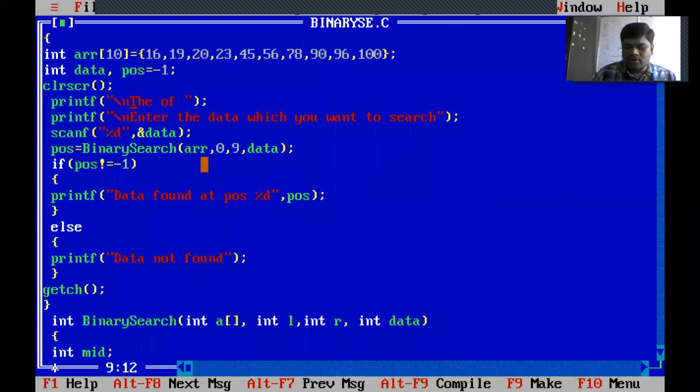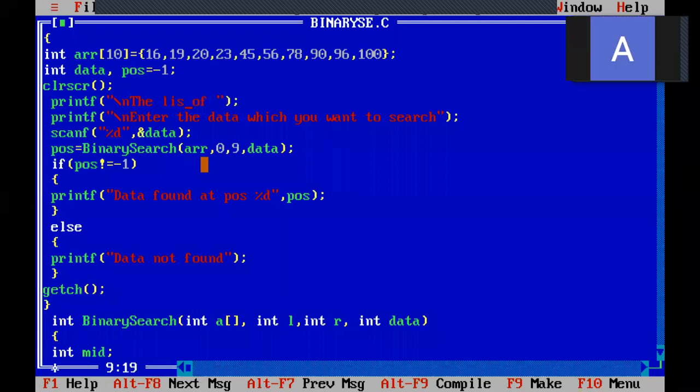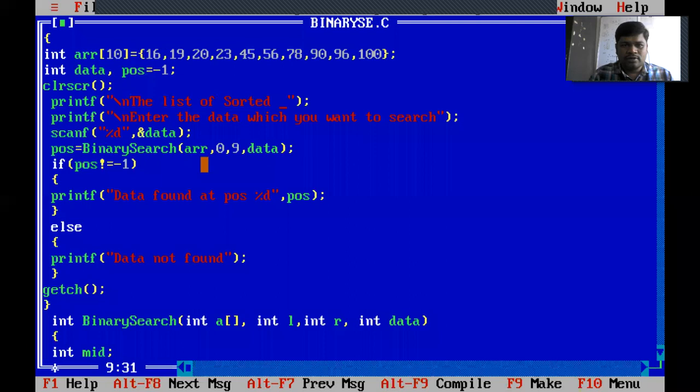So for what purpose are you using \n? Next line. Okay. The list of sorted array is